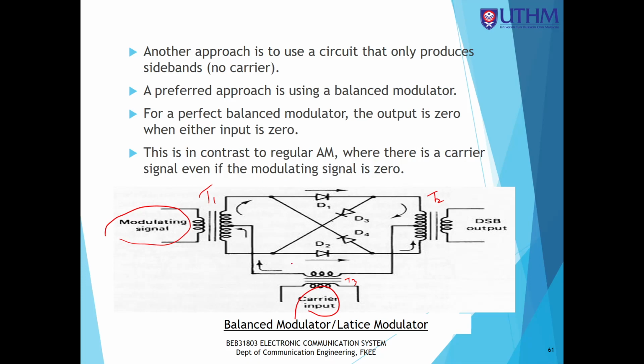So I will draw from here, hopefully you can understand. Initially the carrier polarity is like this, minus, and the modulating signal polarity is like this. Remember that the carrier has a high frequency compared to the modulating signal. That means the carrier will change polarity many times before the modulating signal changes polarity. Disebabkan oleh high frequency of the carrier ini, carrier signal telah berubah polarity banyak kali sebelum polarity modulating signal